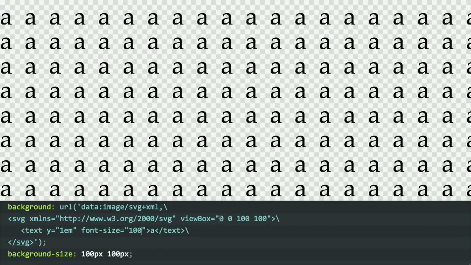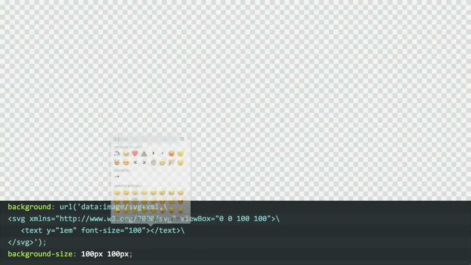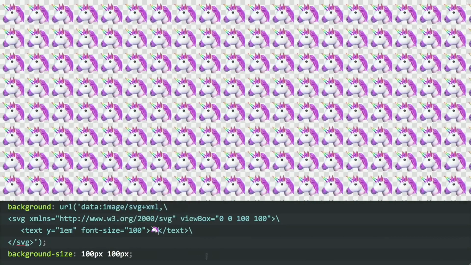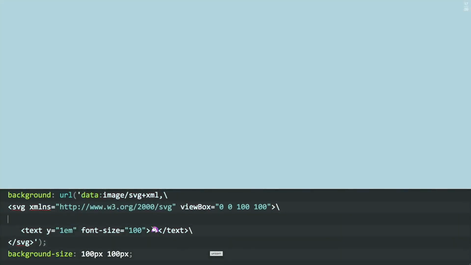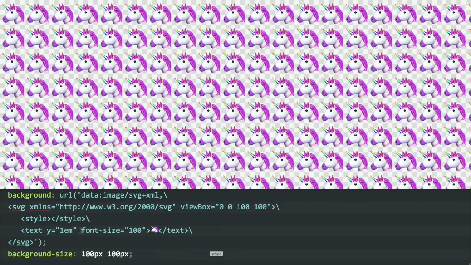I have a view box of 100 by 100 here, and I've given it a font size of 100. So I get a pretty big A. And that could mean I could put any characters here, or even better, I could put emojis here. And you know what's even better? Because it's just SVG, and SVG supports almost anything that you're used to,